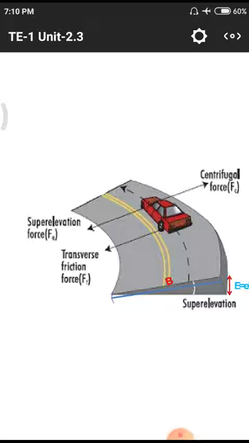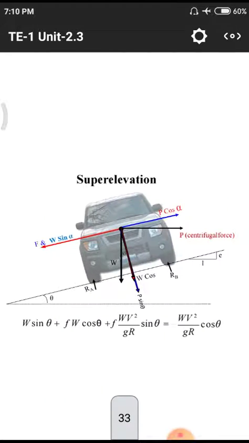Once again I will revise, and after that we will go to today's class. This is a car moving on a particular road surface with a slight angle of deviation. While going on the road surface, the car has to face frictional forces and centrifugal forces. The total weight of the load concentrates at a particular point with respect to the center of gravity. With respect to the center of gravity, and the other forces, the total load and P values are derived with respect to an angle alpha, and all those derivations follow.